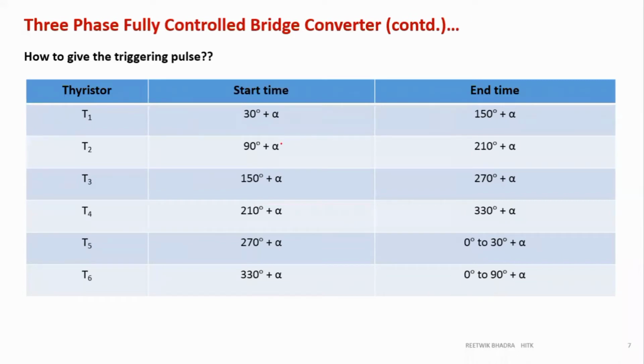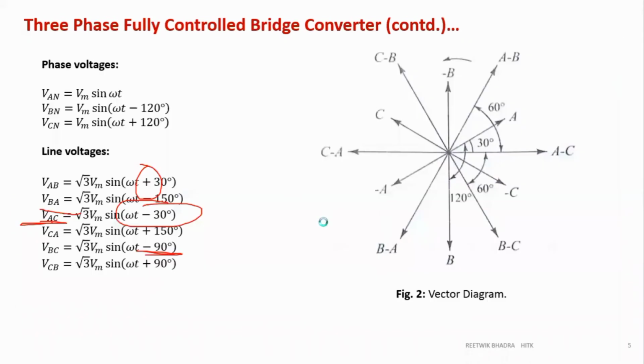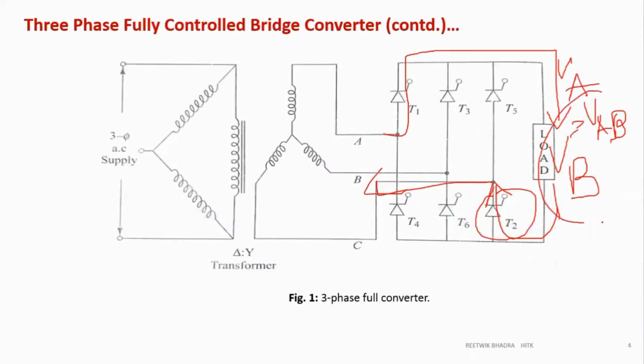Now each thyristor will conduct for a period of 120 degrees. We had seen this in the points to remember. So each thyristor should start at a firing angle alpha, but there will always be a delay of 30 degrees. Why? Because just now I stated that at the output, what voltage do we get? Line voltage.